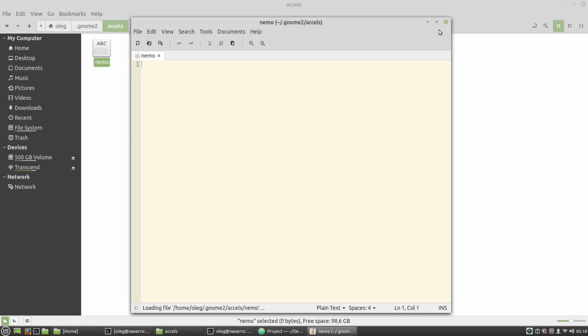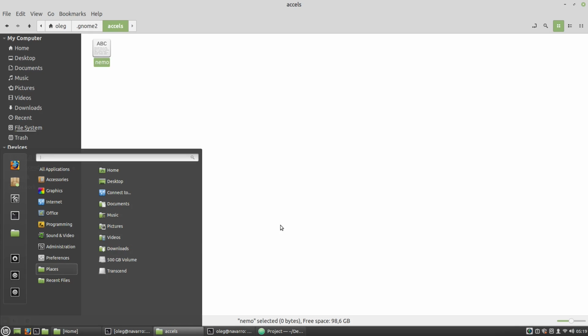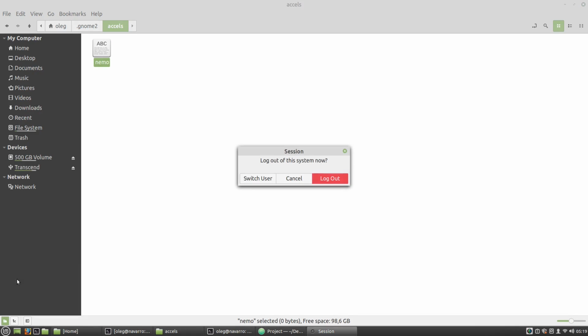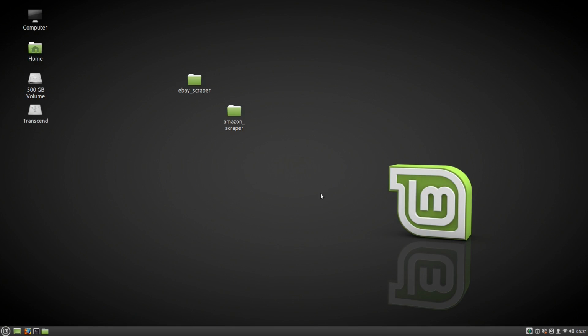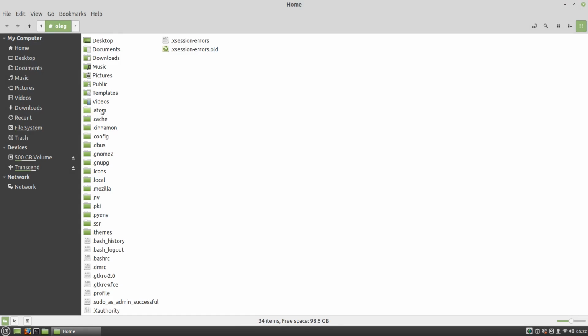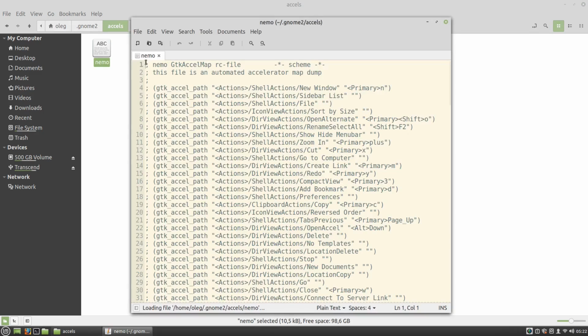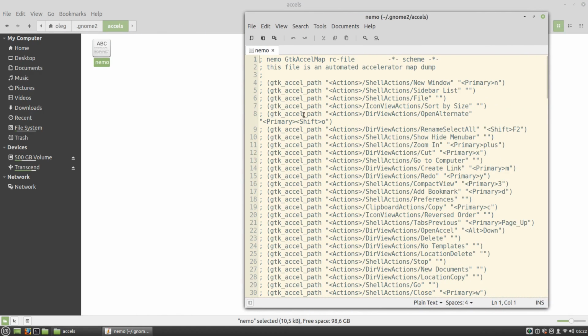It's an empty file. And now I have to restart my Cinnamon. I can do it by restarting my computer or by logging out, or by pressing Ctrl, Alt and Backspace. Okay, and now I want to open the nemo file we have created. Ctrl H, .gnome2, accels, nemo. And if it's empty in your case,